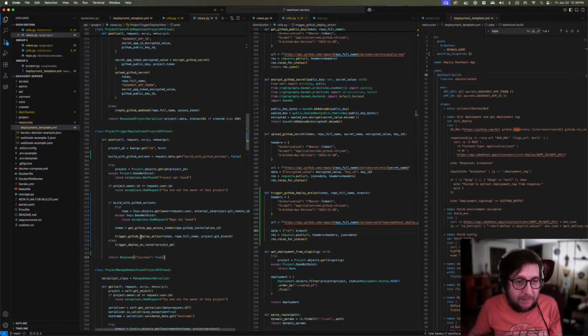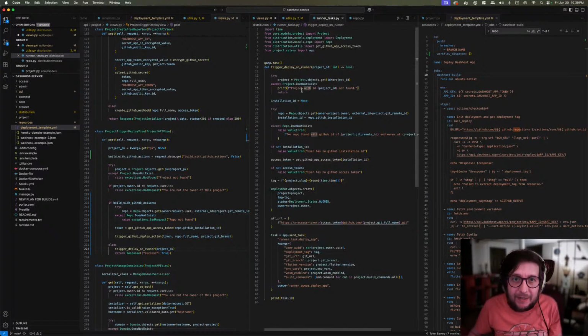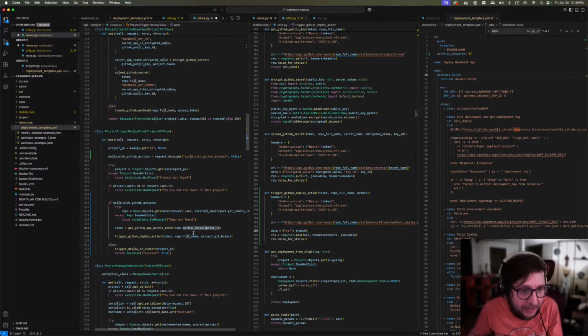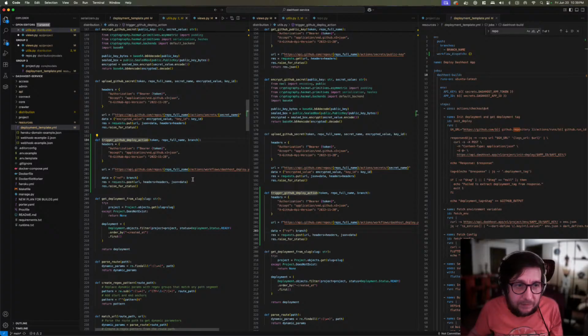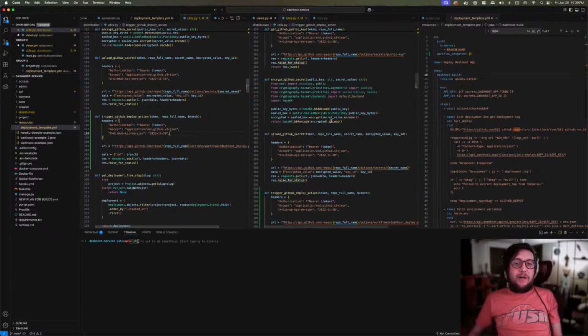Should probably have some, maybe this will be, because as far as we know, this is successful. This could also fail, but I don't care about making that safe because we're getting rid of that. But for this, well, I guess it's going to raise an exception if something goes wrong, right? Yeah, raise for status. So we can just do that, safe enough at least. Okay, so now our deploy